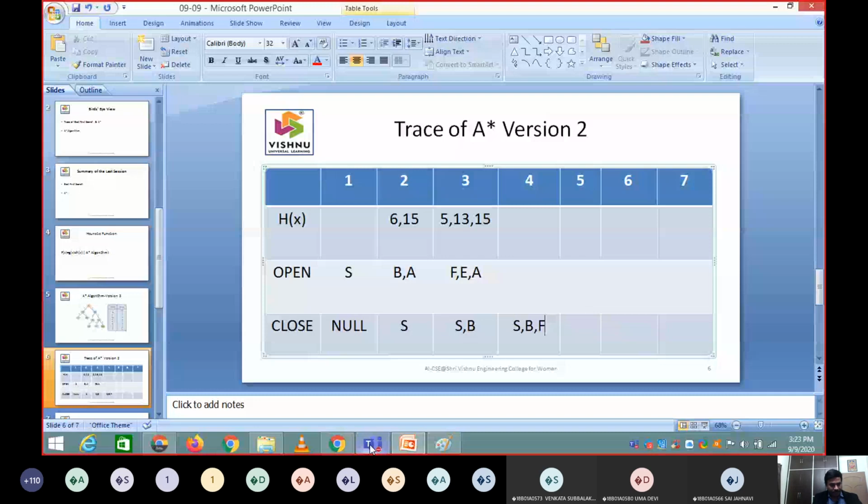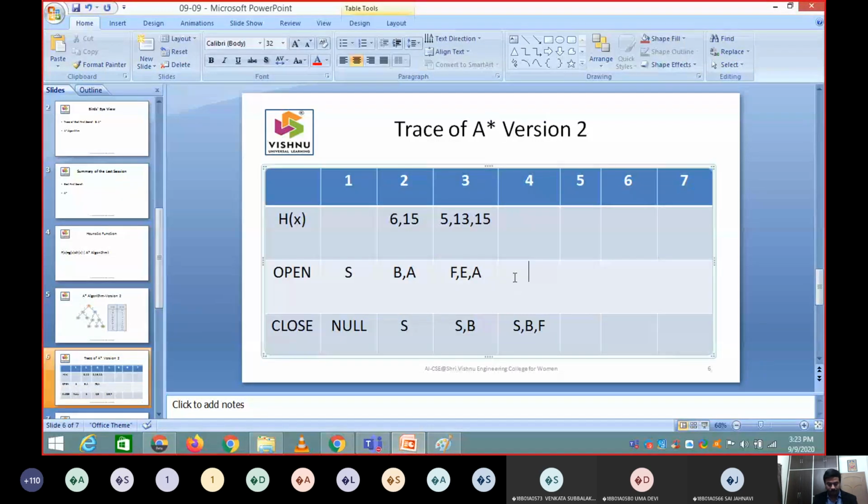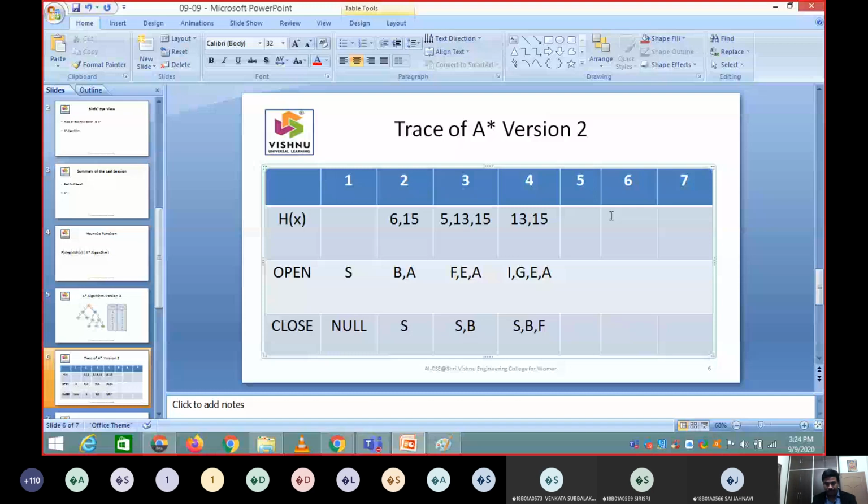The successors of F as per this diagram are I and G, so I comma G comma E comma A. The E value is already there, 13, and the A value is 15. The I value is 2 plus 1 plus 2, that is 5, plus 9, that is 14, and the G value is 2 plus 1 plus 3, that is 6, plus 0, that is 6. So G is 6 and I is 14.